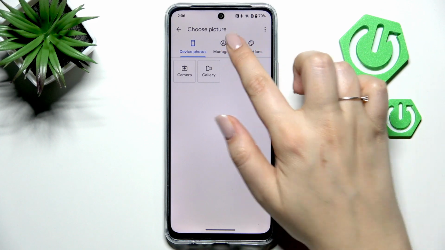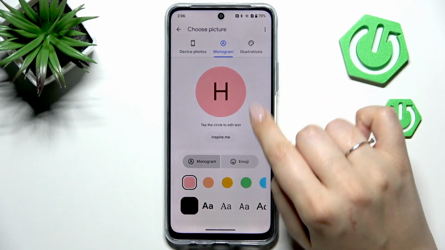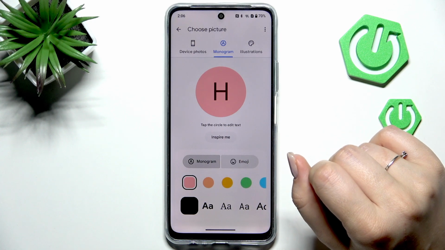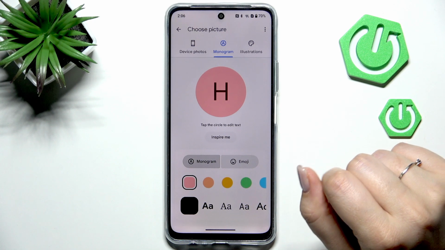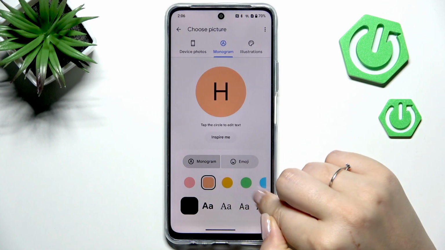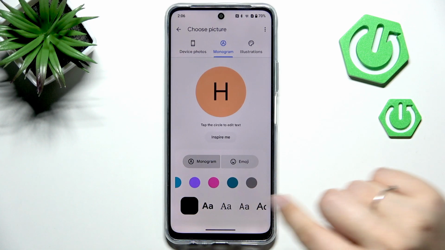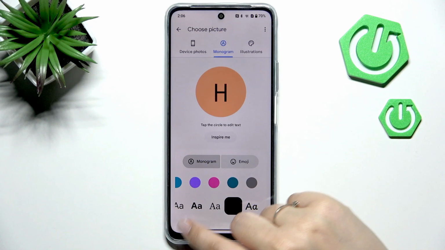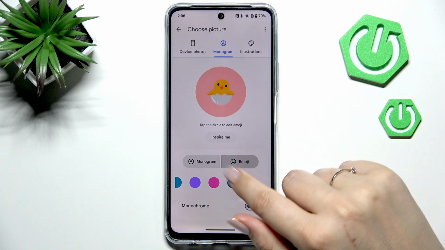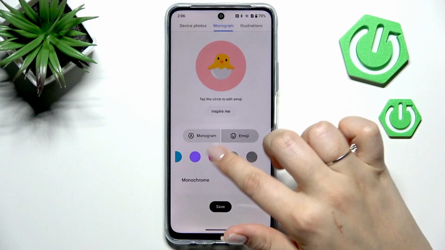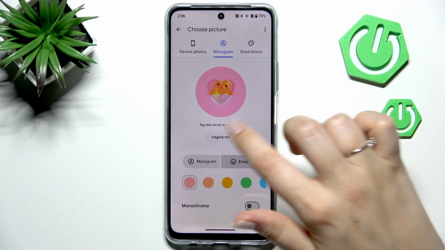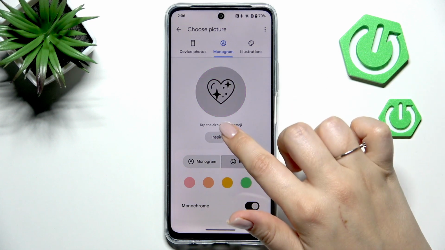We can use Monogram, so we can use the first letter of the name or surname of the person. You can change the background color. You've got plenty of options to choose from. You've got also different fonts. You can also tap on emoji and choose something like that, or tap on inspire me, and your device will